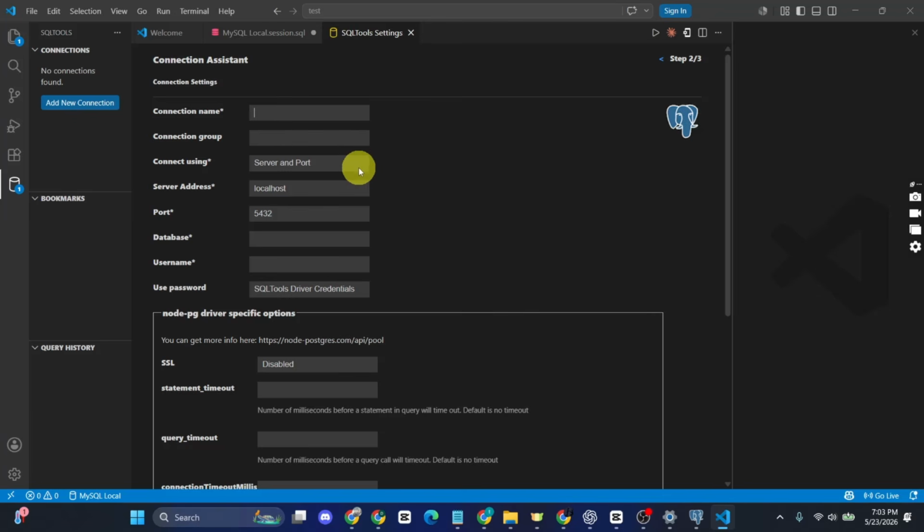Let's go to each field carefully. For connection name, you can name it something like PostgreSQL local. This can be any name that you want. It simply helps to identify the connection later. For connection group, you can leave the default value, and under connection method or connect using, just go ahead and select